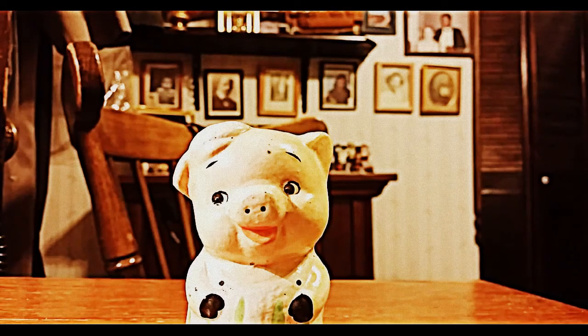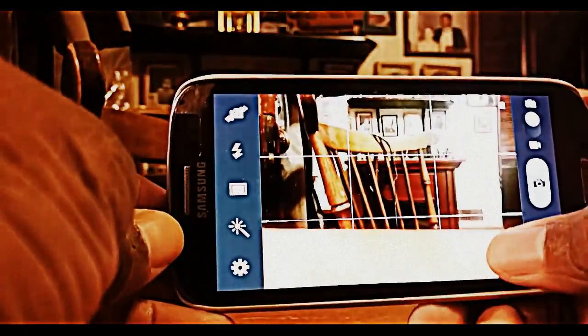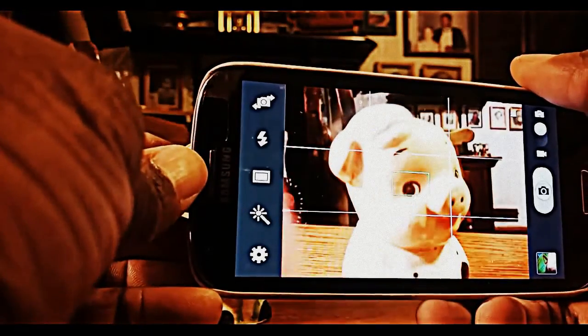Well, I was looking for all sorts of apps and different cameras and things of that nature, and I couldn't find anything initially, and then finally I did find something. That's what I wanted to share with you today, because apparently it's been there all this time and I was unaware of it. So apparently on any Android camera 4.0 and up, if you want to turn off that